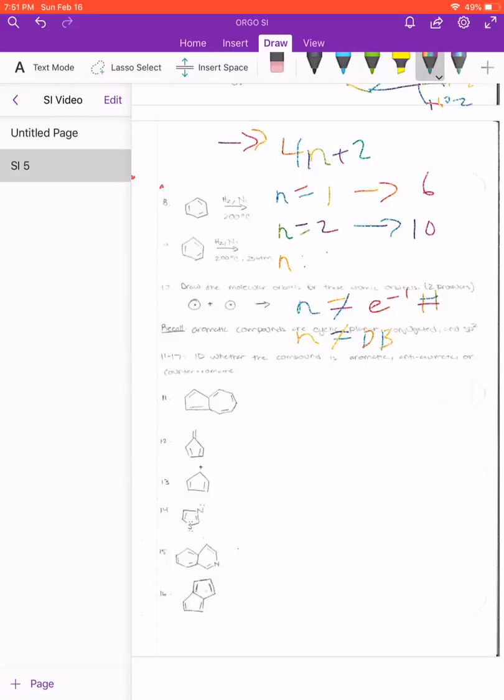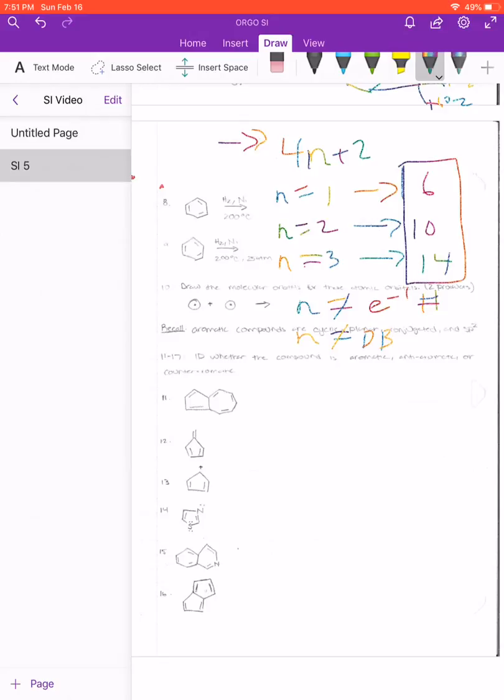If n equals 3, then we're going to get 14, right? And so the easiest way for me to understand Huckel's rule is to understand that these numbers right here just correspond to the number of electrons